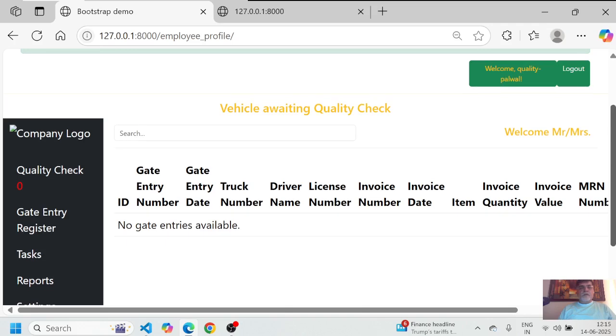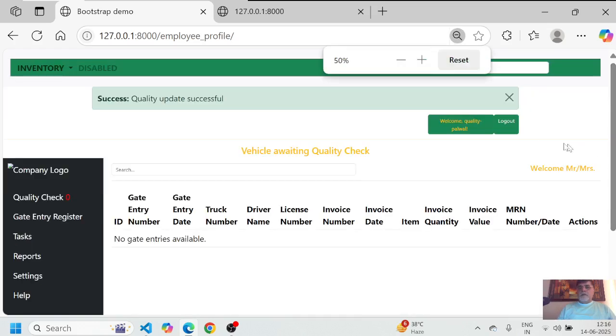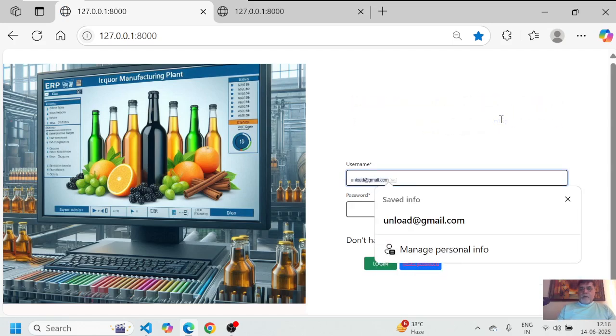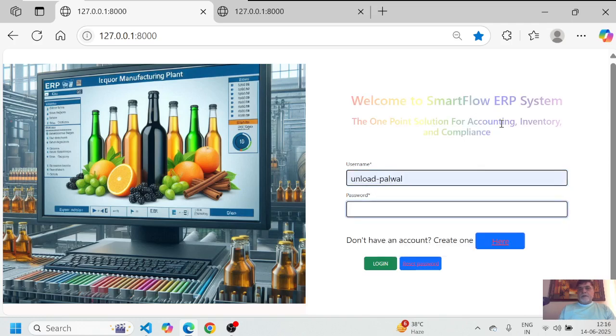to check. So now we can log out. The next step is basically unloading of the vehicle. So here is the person who will